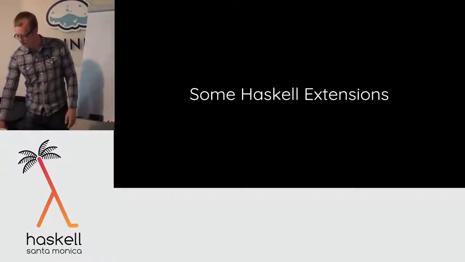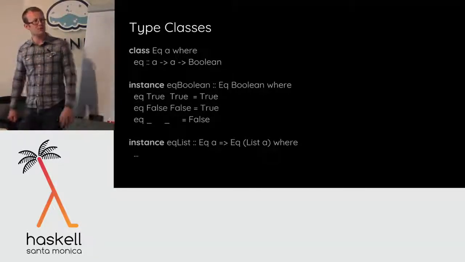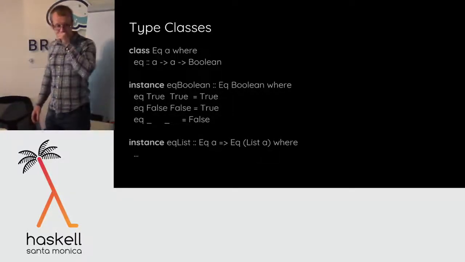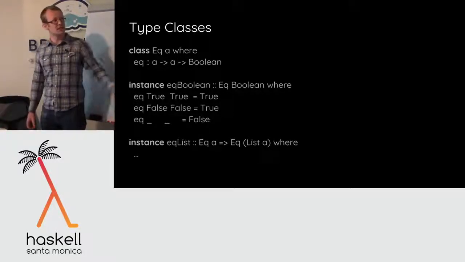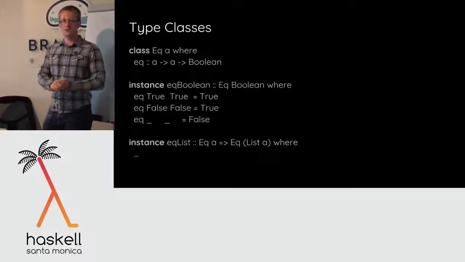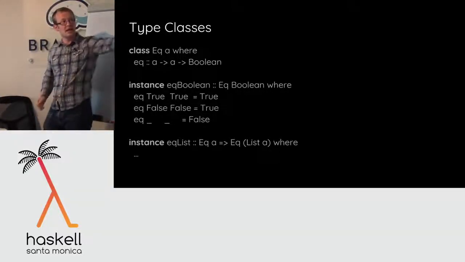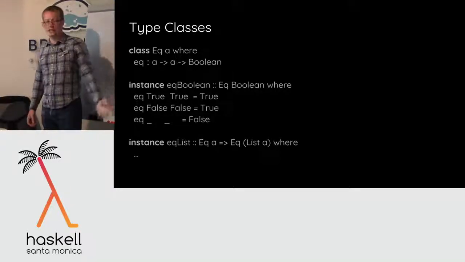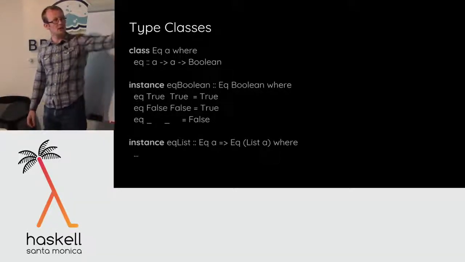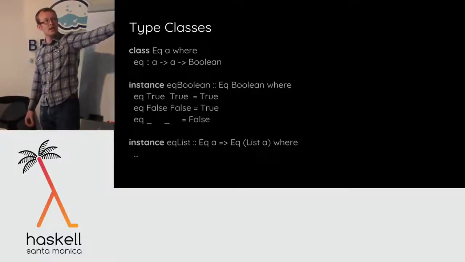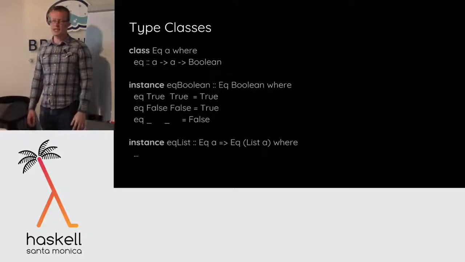Okay, so a few Haskell extensions, or just features I suppose, to begin with. So hopefully everyone's seen type classes before. A lot of the features I'm going to talk about build on type classes pretty extensively, but the basic idea is that we want to capture predicates on types, right? So if I want to talk about types A that have decidable equality, where I can test equality of two values of type A, then I can build a type class called Eq for equality to do that. So I have a class called Eq. It has one type parameter A, and it's built out of a method called eq with a lowercase e that takes two values of type A and returns a boolean that tells me if they're equal or not.